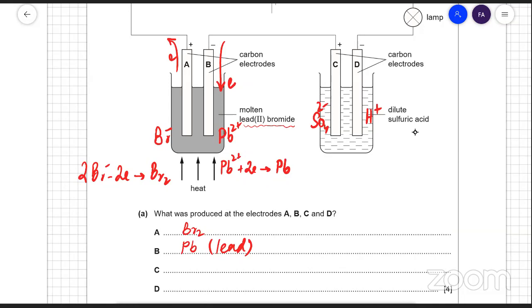There would be two more ions that would come from water because it's dilute. So whenever you have a dilute solution, two ions come from water. One is H plus one, and the other one is OH minus one. So in total, you're having